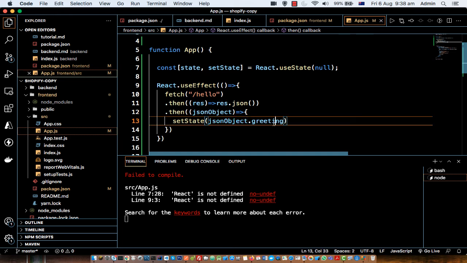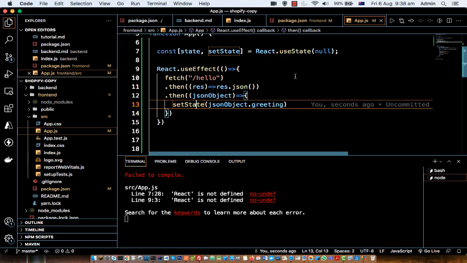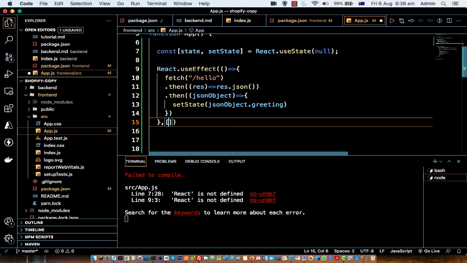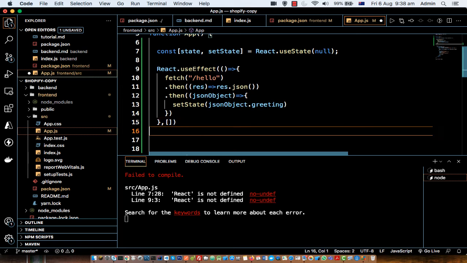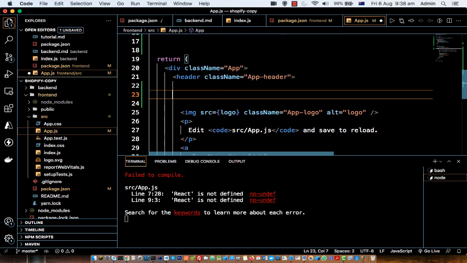From the JSON object, we are getting this property called greeting. The setState function comes from React. React provides that function, which allows you to change the state of the component. And we are going to pass this empty array here, so that this useEffect function will get called just once. To print this data that is coming from the server, you can use this syntax, curly brackets,